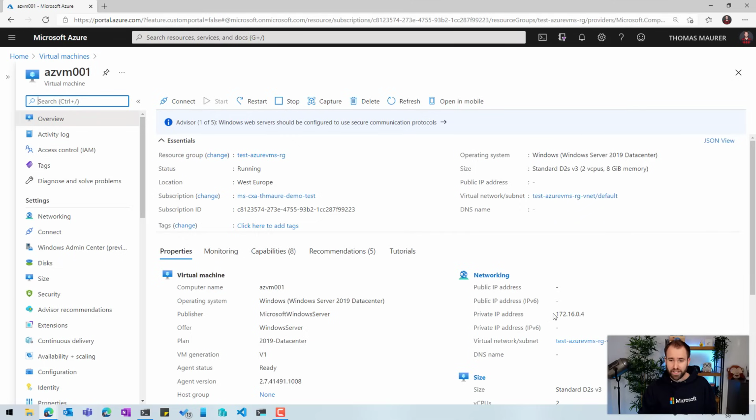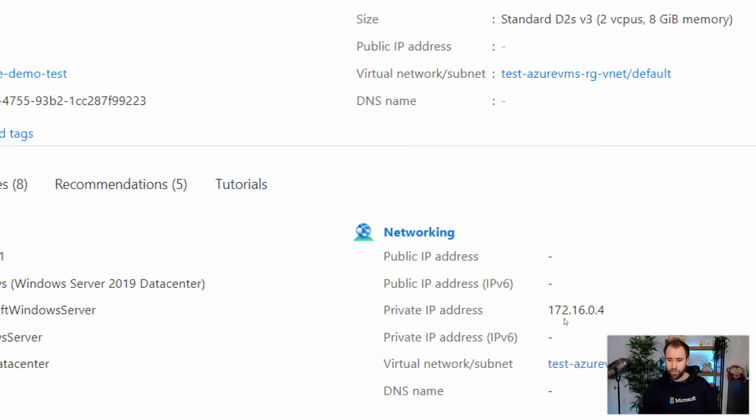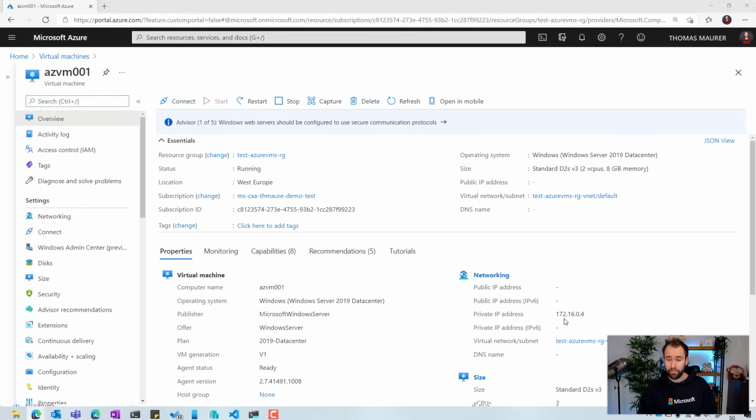Now, what you can also see here is that this machine only has a private IP address, right? So there's no way for me to go over the internet and actually connect to that machine. I have a couple of options here now. If I want to work with that machine, I could have a VPN tunnel, I could have Azure ExpressRoute, I could have a jump host which I could go through, or I could use tools like Azure Bastion to access that. However, if I don't have that, or something is broken with that VM, I can use some other